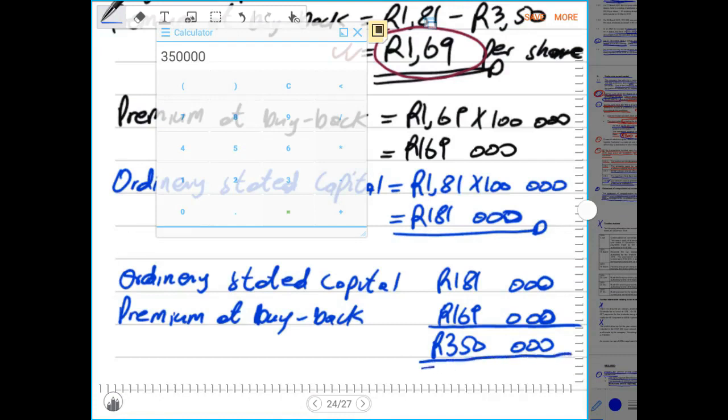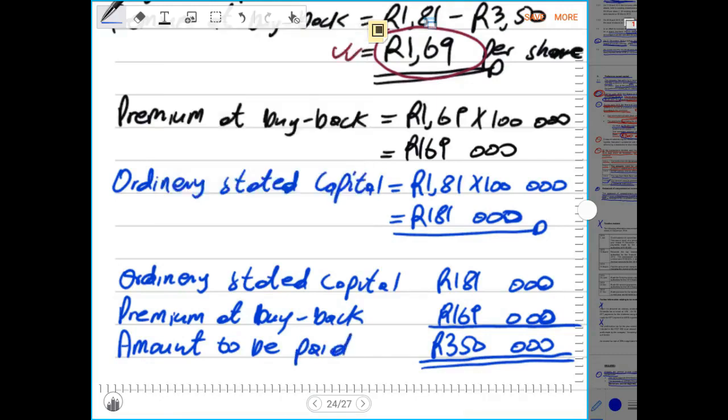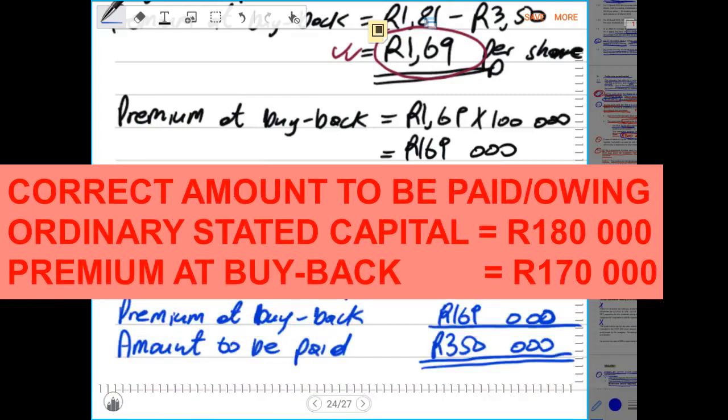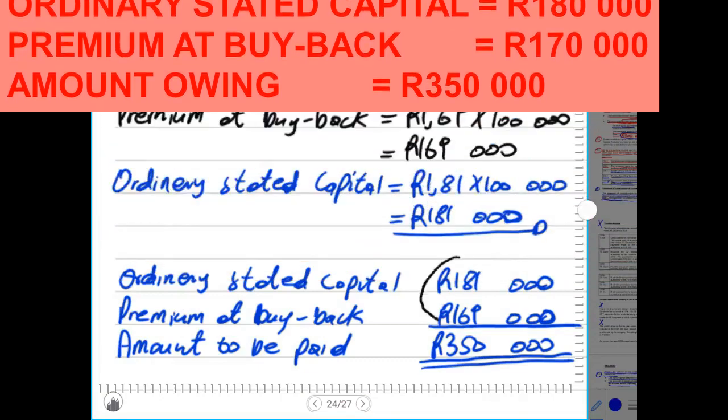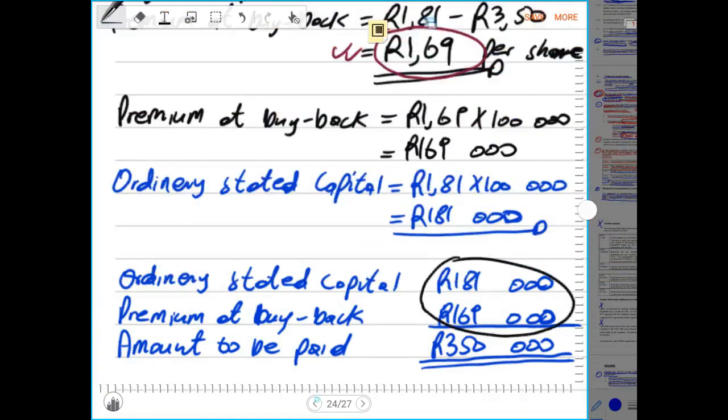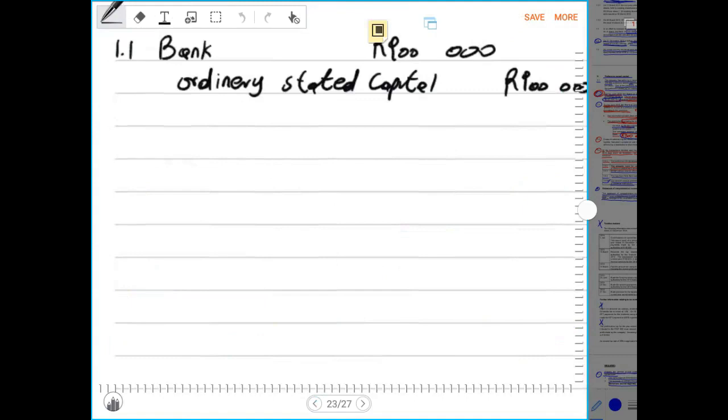So now this is the amount to be paid. This is the amount that will be paid to the ordinary shareholder. And we are required to record the general entry. And our general entry will be based on these two amounts, which the total will obviously be 350,000 rands. So now we have to debit ordinary stated capital,